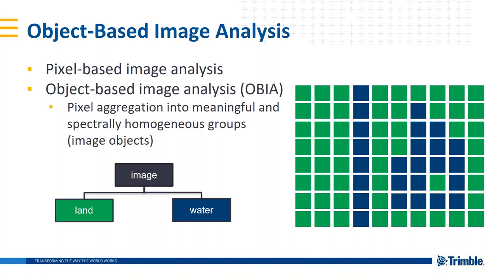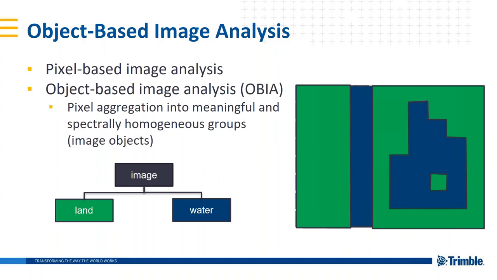When we start to look at the use of image objects, though, we now have a great deal more data available to us, attributes, what we call features in eCognition. So here we're grouping like pixels together to create meaningful image objects. This allows us, based on the additional information we have, say simple area or shapes of objects, but more importantly also the context of image objects. How do certain objects relate to their neighboring objects? This allows us to better describe what we are looking at and mimics more our human visual perception.